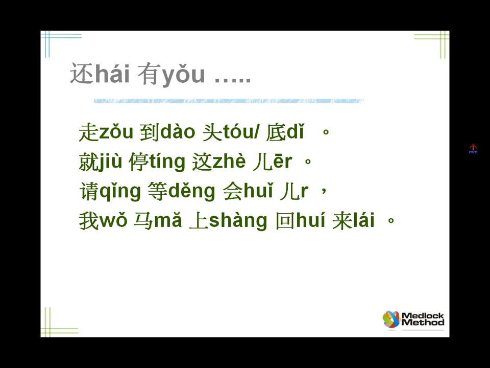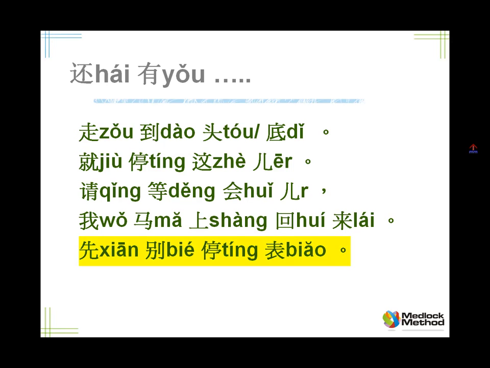Now, of course, you want the taxi driver to earn some money even while you're waiting, so you'd ask him to keep the meter running. In Chinese, you say, don't stop the meter. So how would you say keep the meter running? 先别停表. So it's peculiar having that xian there. You say first don't stop the meter. Yeah, first don't stop the meter. 先别停表. Tell me, keep the meter running, I'll be back immediately. 先别停表，我马上回来.